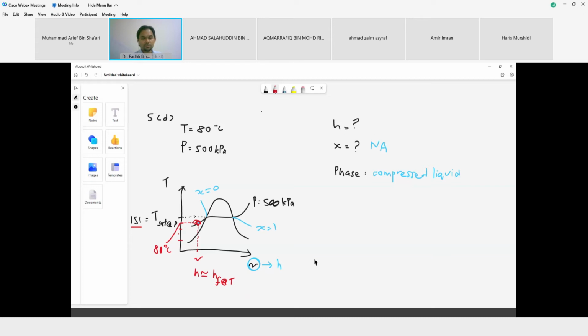So, for this case, by using the principle, the value of enthalpy for compressed liquid is HF at the given temperature. The given temperature is 80 degrees C. Okay, 80 degrees C. This is the given temperature. So look at the temperature table, A4. Find HF